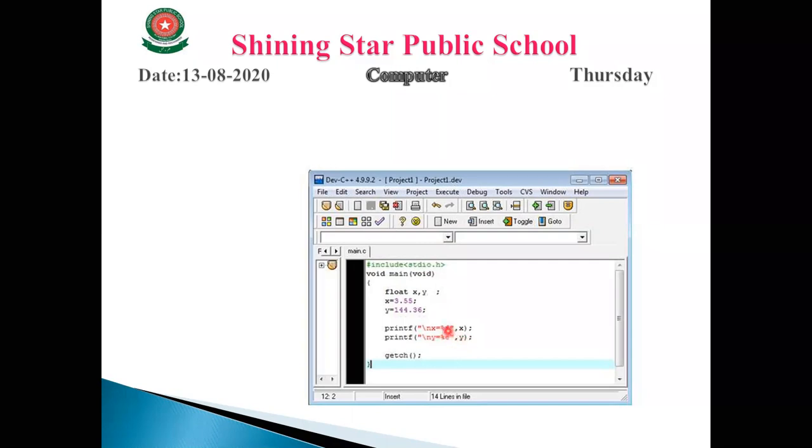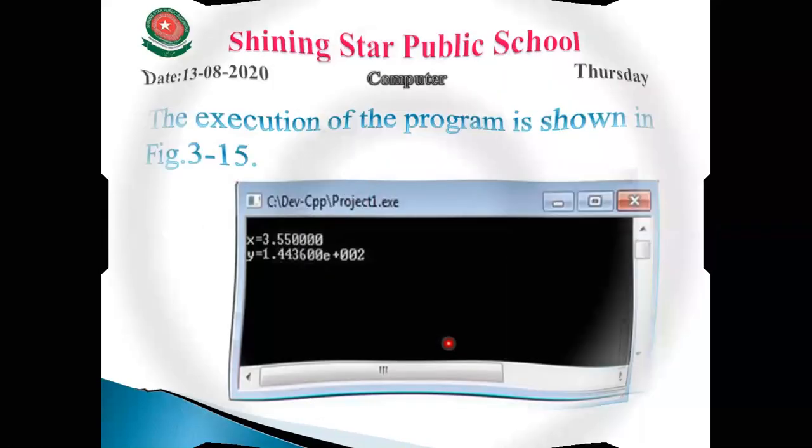So when we run this program, it will display x equal to 3.55, y equal to 144.36 because of these format specifiers.